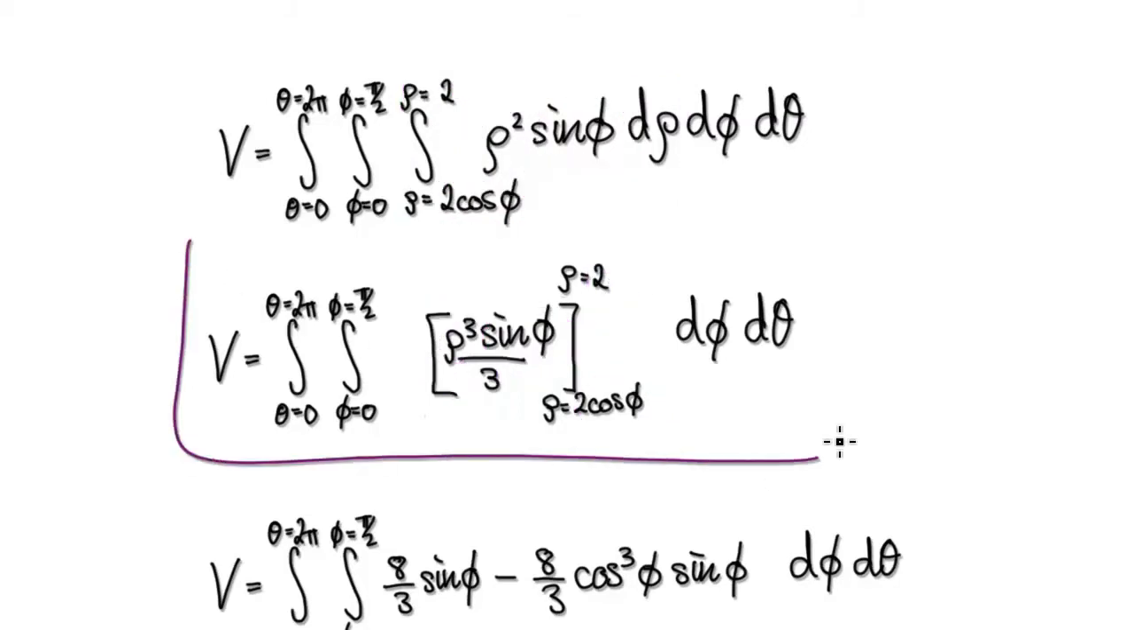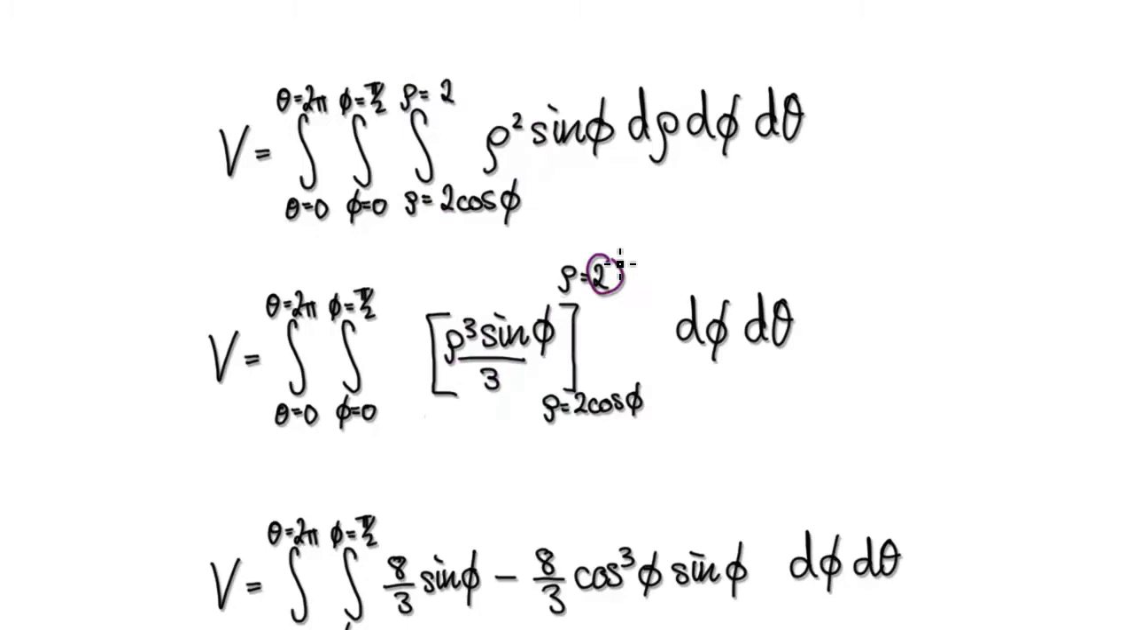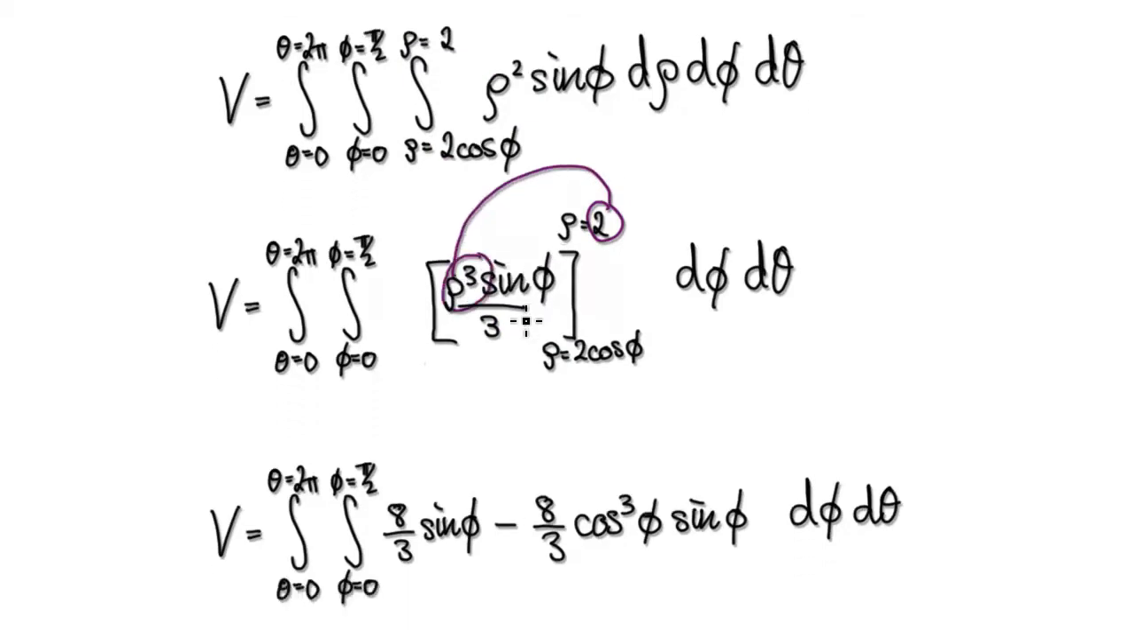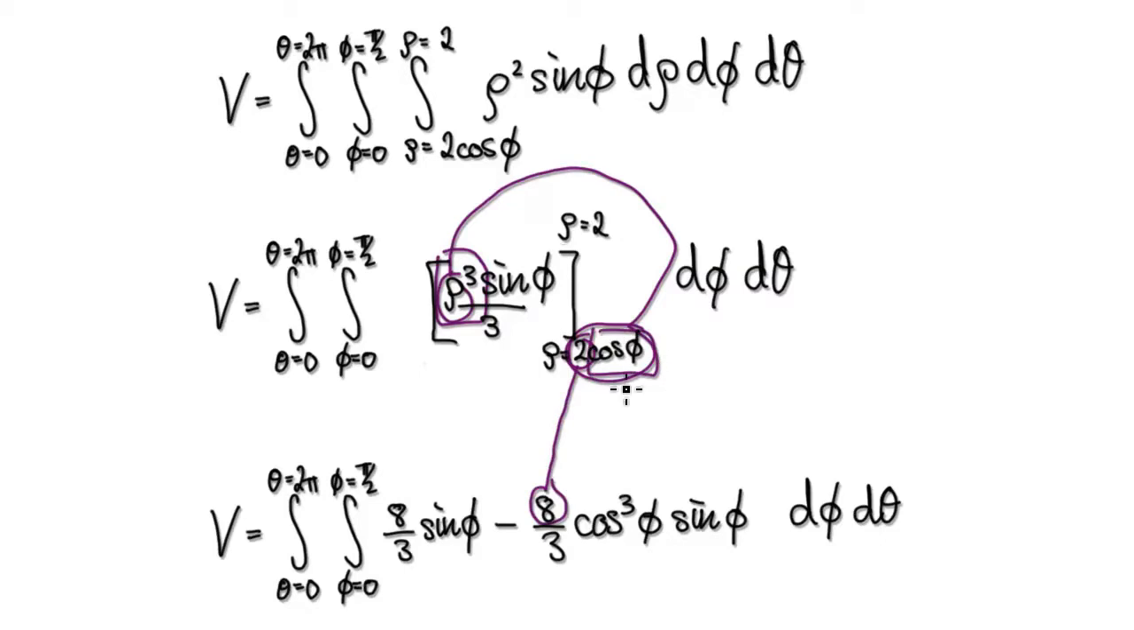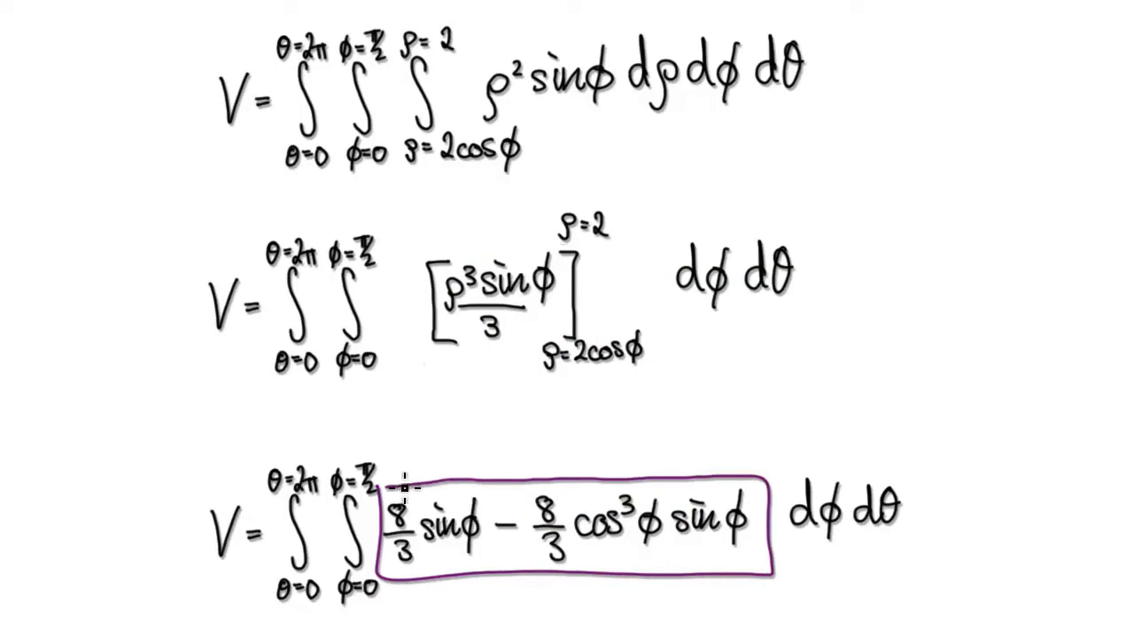take us to here. So now put this 2 into the rho. This thing here will become 8. And then put this whole thing here into the rho. So when you cube it, it will become 8, and when you cube this, it will become cos cubed. And then you've got your constants here. So that will then take us to here. Okay, so now